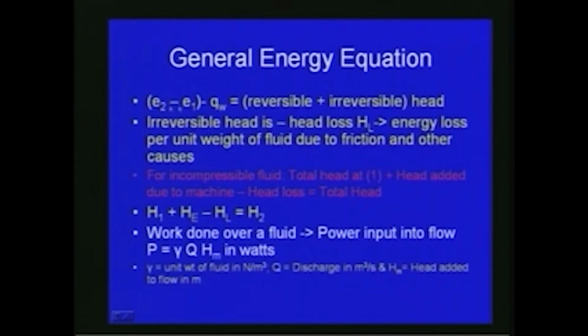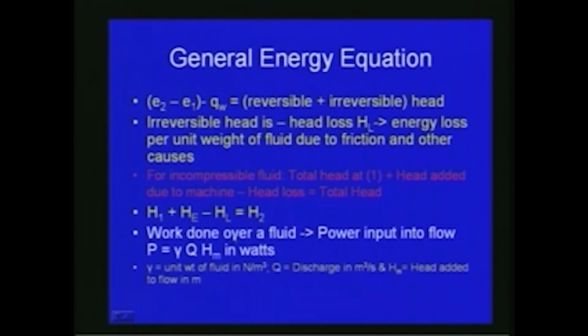Now E2 minus E1 minus QW can be written as reversible plus irreversible head, and the irreversible head is the head loss, the energy loss per unit weight of fluid due to friction and other causes. So for incompressible fluid we can write total head at 1 plus head added due to machines like pumps or turbines, minus head loss, equal to total head at 2. So finally the energy equation can be written as H1 plus He minus HL is equal to H2,